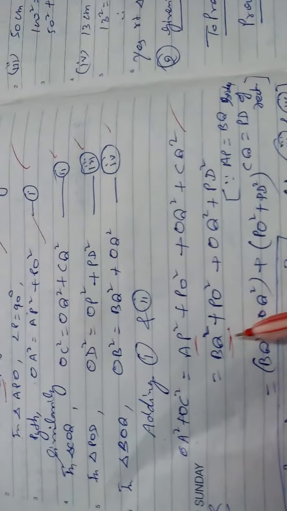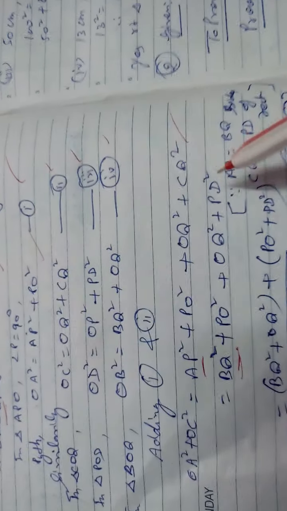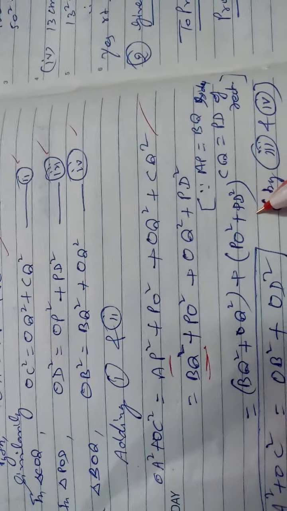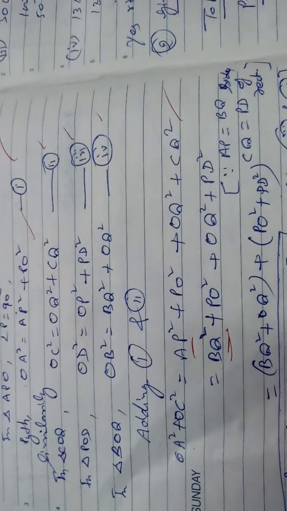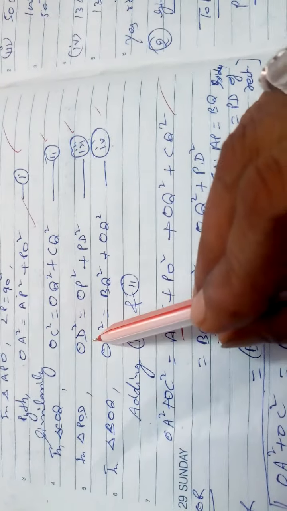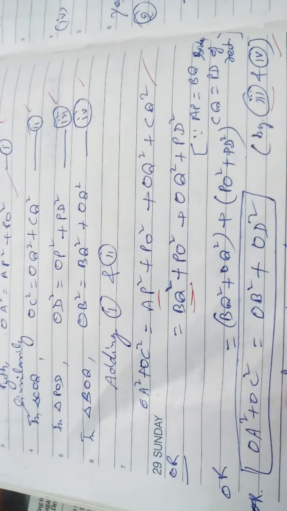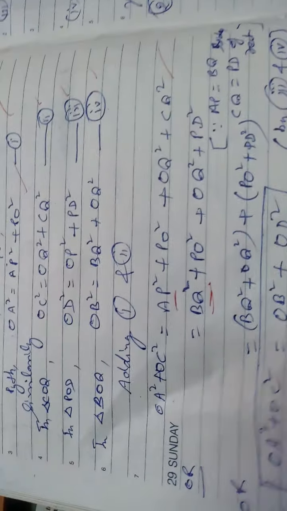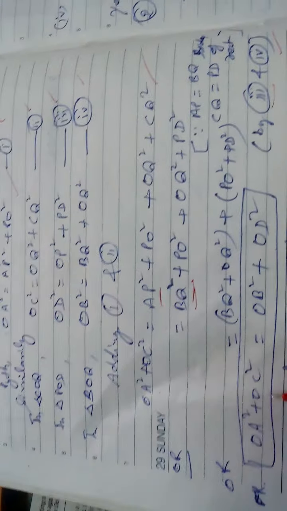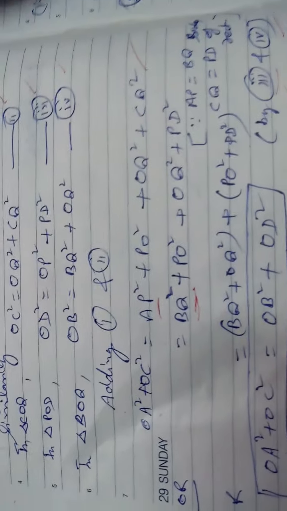So I am replacing this value, and then BQ and OQ will be at one place. PO and PD will be at one place, by equation number 3rd and 4th here. You are seeing it gives you OD square plus OB square. Now LHS equals RHS, RHS equals LHS, you are getting. But what is given here, I have written on the right side, here it is the left side, no problem. So hence proved.